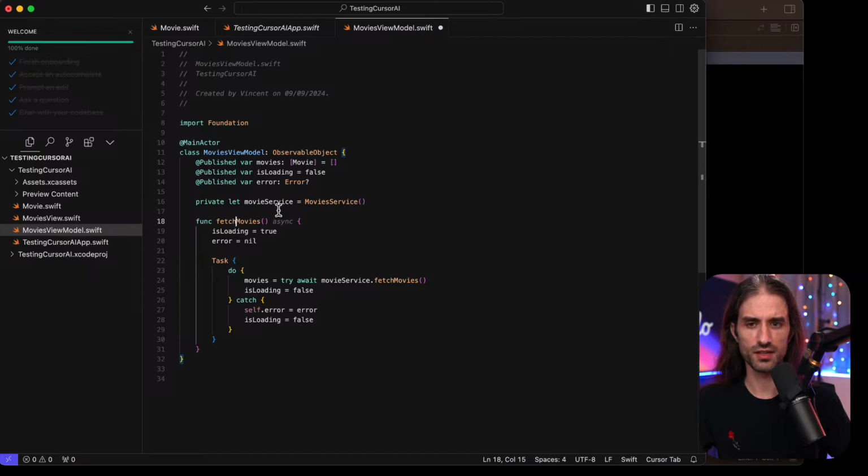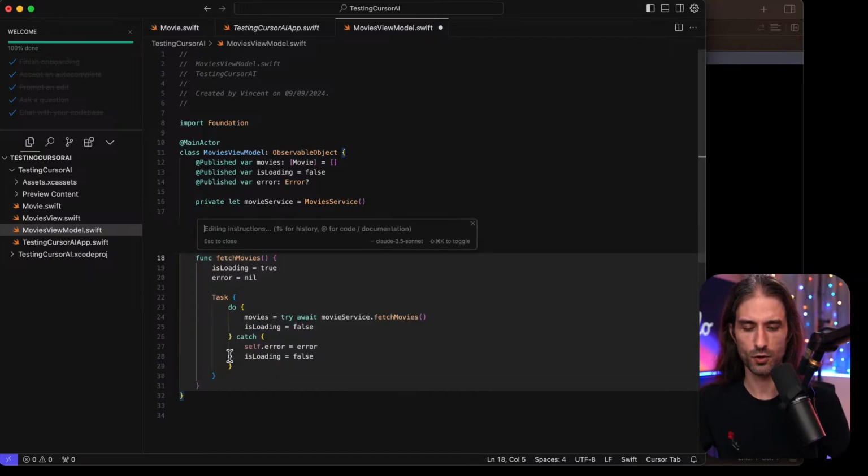So we can see that it's not async because it uses a task explicitly under the hood, but maybe here. So what if I were to accept this async? Now this is no longer correct. So maybe I can select this, do Command K for edit, and refactor so that the method itself is async.